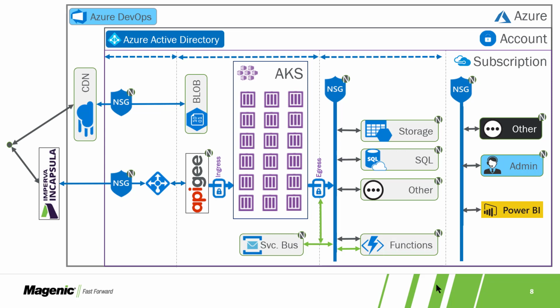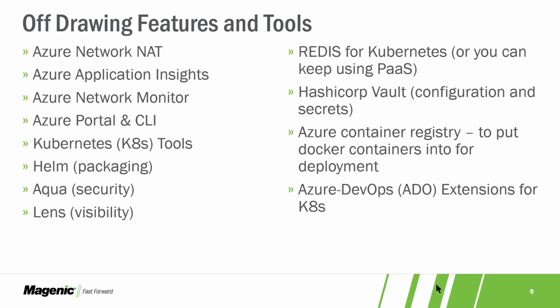I want a lot more fine-grained control and durability for my SQL instances, and so I would probably stay with Azure SQL Server Platform as a Service. And you could say the same for storage and whatever. So just be aware that there are trade-offs here, and not everything that's available in a container is suitable to run in production. Here's a list of off-diagram things, and you can drill into these. These are things that I think are sort of indispensable